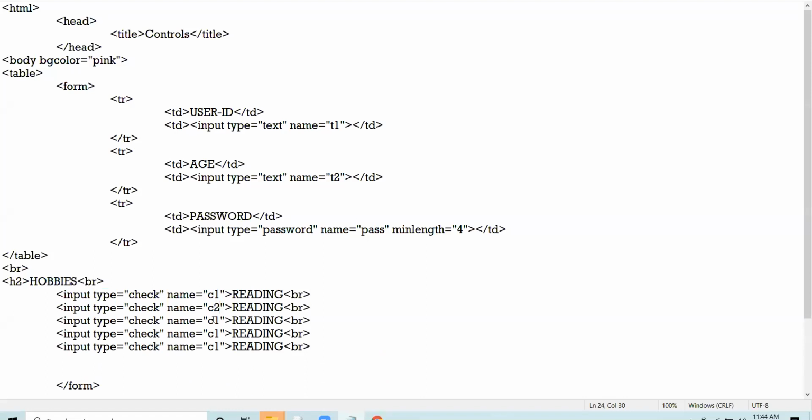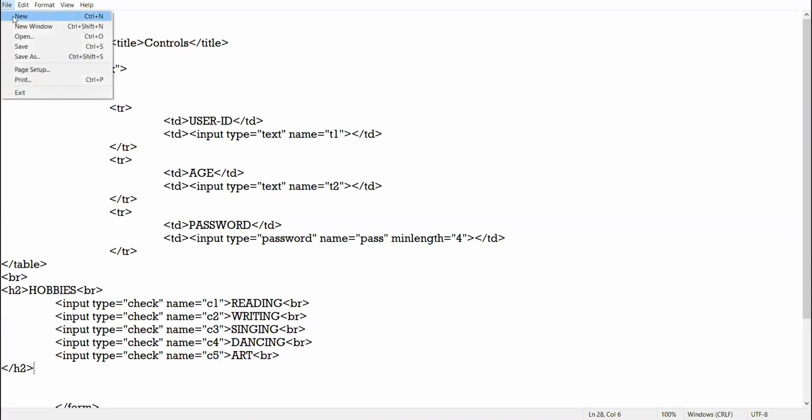I change the name C2, C3, C4, C5, reading, writing, singing, dancing, art. Okay, clear? So this is how you create the checkbox. Let us see the browser view.